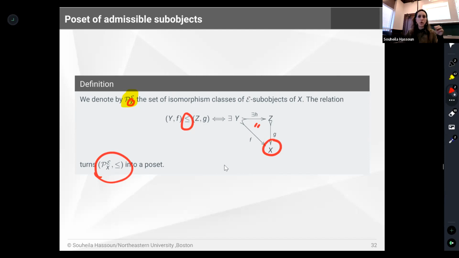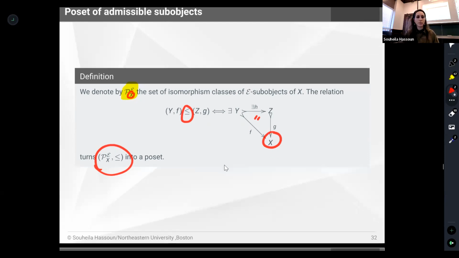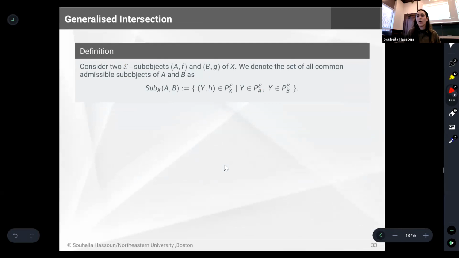And we can order them using this order, which is not a total order. Okay. So now I consider two subobjects of a fixed object X, because keep in mind that what we want to define is the intersection of two subobjects in an object and the sum in an object X. So we consider here A and B in X,